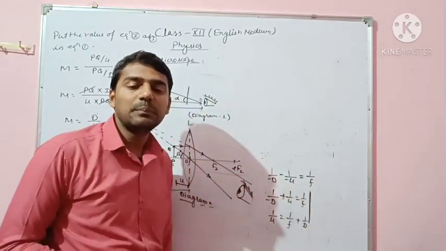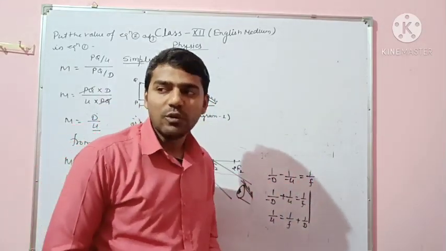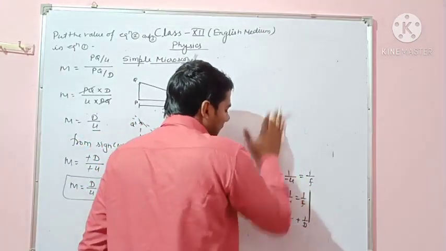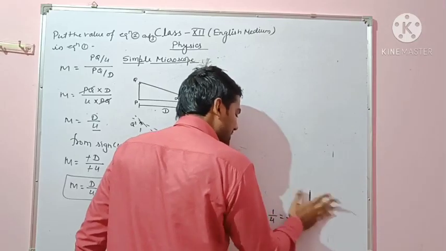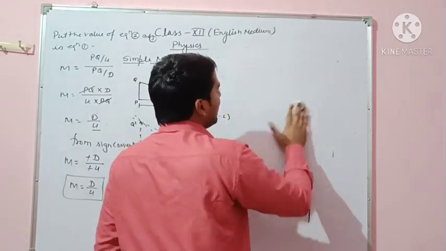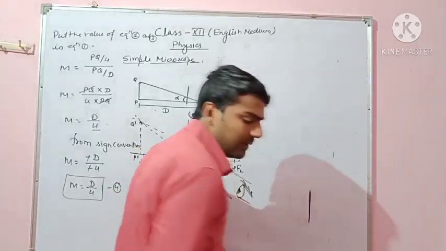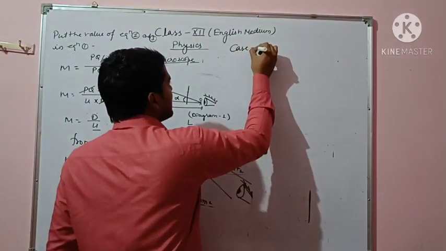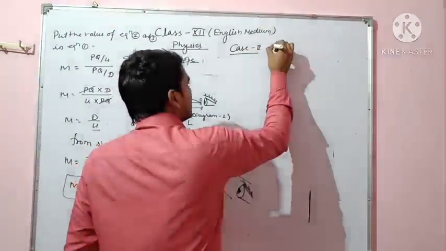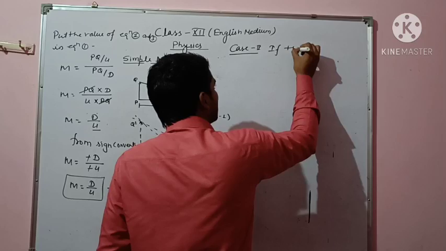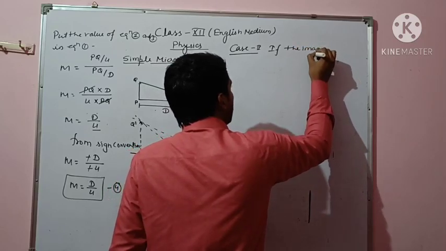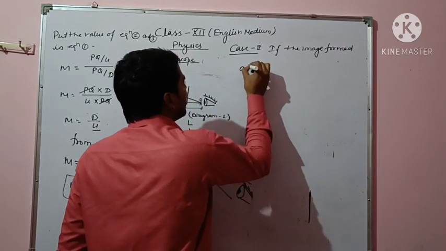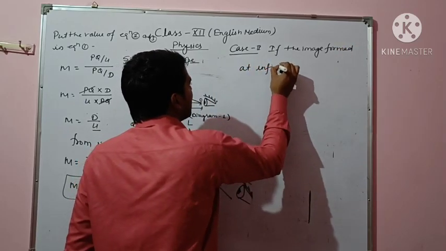When the object is put at the focus point, then the image is formed at infinity. So case second: if the image is formed at infinity,